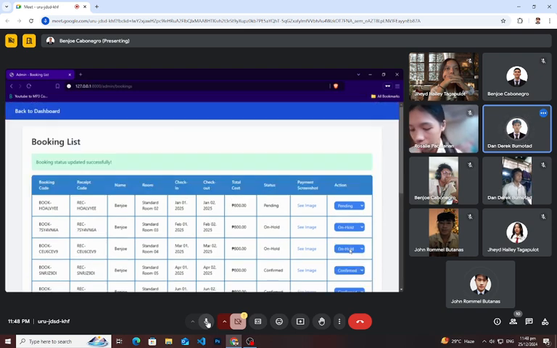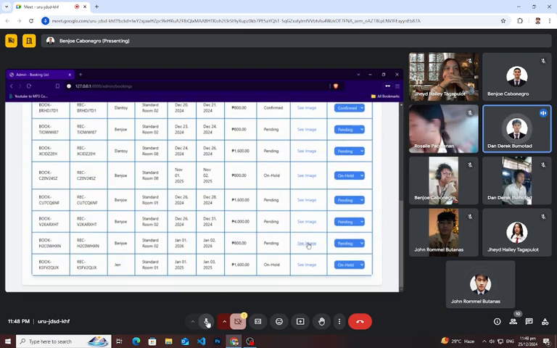In that case, the admin can also send a message to the user informing them of the payment discrepancy and requesting the remaining balance to complete the reservation. Let's now demonstrate Miss Jen's booking. So I'll go ahead and confirm her reservation for room 1, January 1 to January 3.